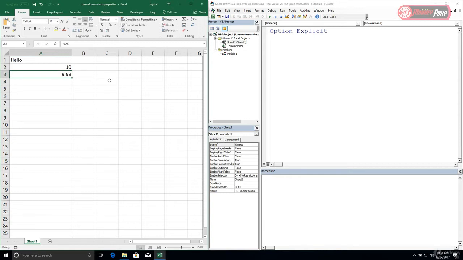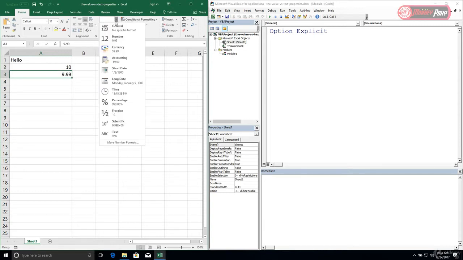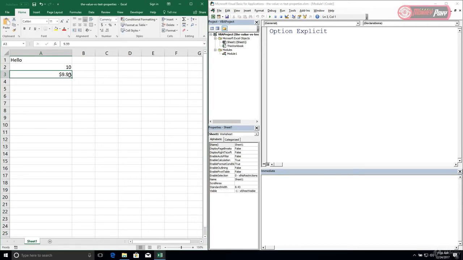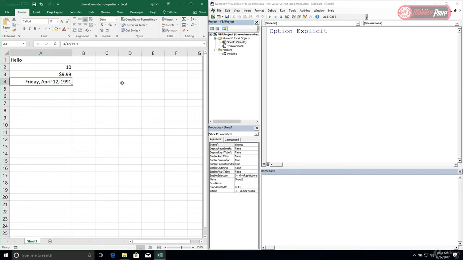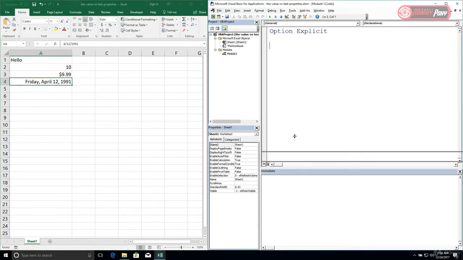But once that's entered, I'm going to select from this drop down here and change the format from a regular plain number to a currency. So now we're going to see this little dollar sign appear in front of it. And finally, what I want to do here is to store a date. So I'm just going to enter my birthday, 4/12/1991. And then what I'm going to do is highlight this. It's already been recognized as a date by Excel, but I want to represent it in a different format. I want to represent it as a long date, which is going to include the day of the week as well. Now let's transition to the immediate window in our Visual Basic Editor,